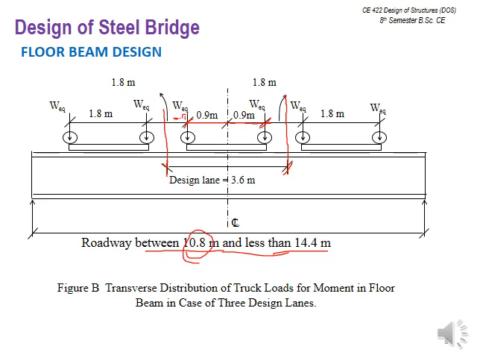So 0.9 over here and 0.9 over here. Okay, so again you can make half of it to make this total clearance from the center of one truckload to the wheel of the truckload to the other. So here it is again 0.9 for the other truck, and also for this it will be 1.8.